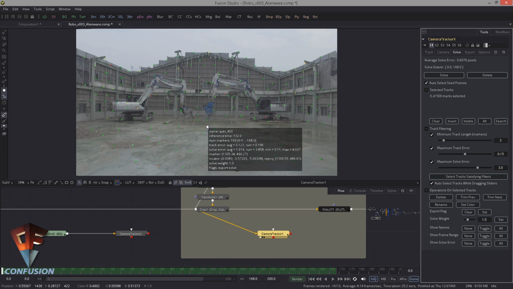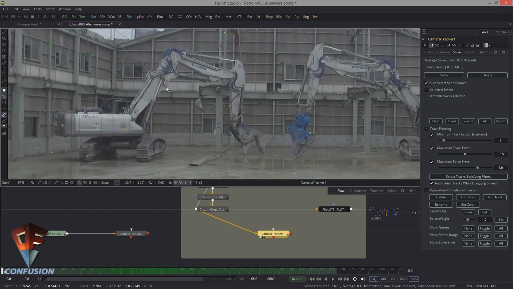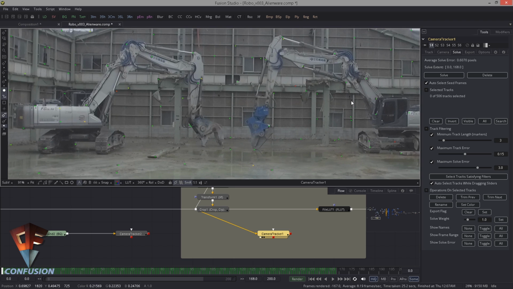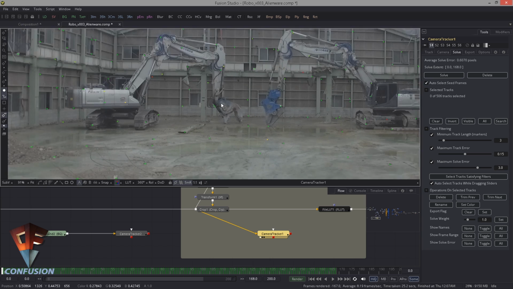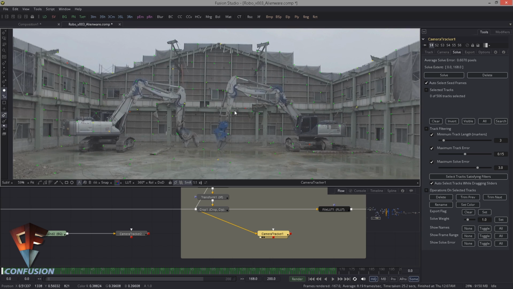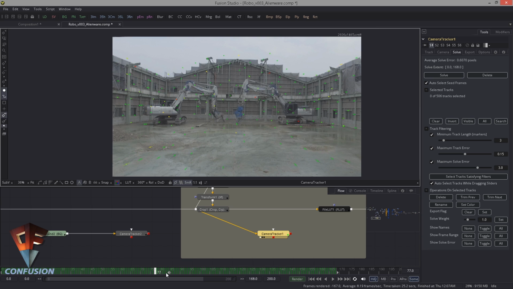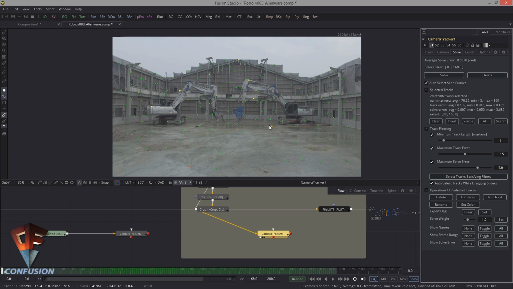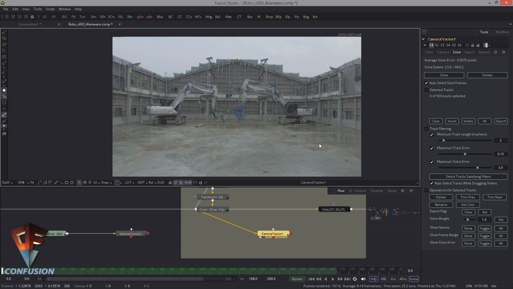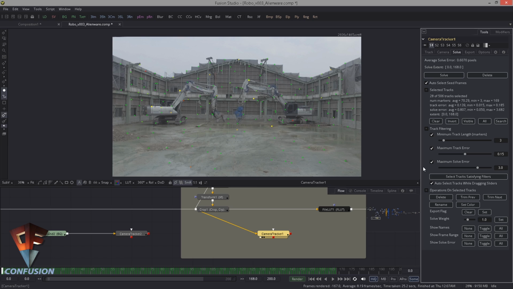That's not bad. And you can spot here we have some red dots, and these are bad trackers. These are error trackers. And now these are just a few. If we had a lot of bad trackers, we would click this button here, select track satisfying filters. And now it selects basically what you have set here. So the maximum track error, the maximum solve error, the minimum track length, etc. And you see, if I select now, it doesn't select all the bad trackers. It actually also selects green ones, but